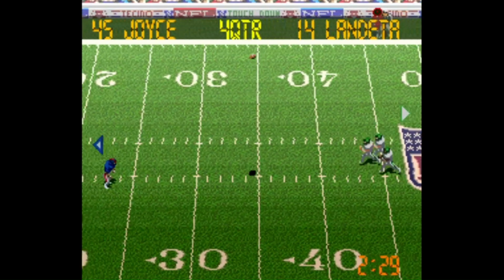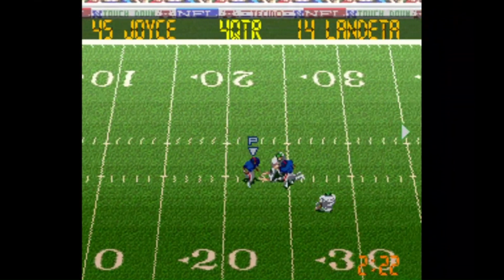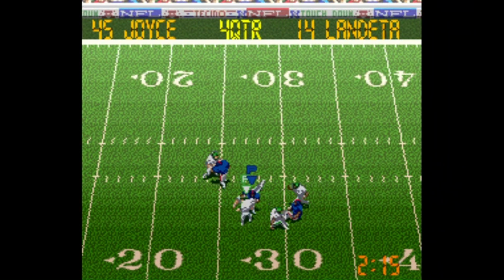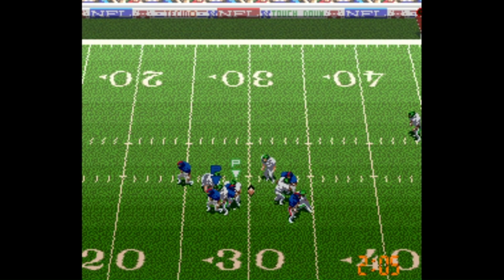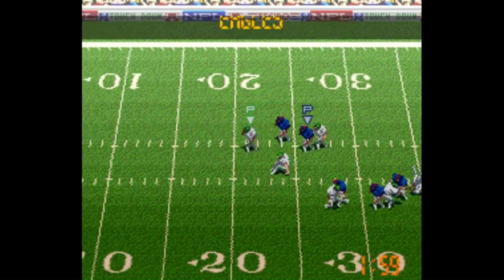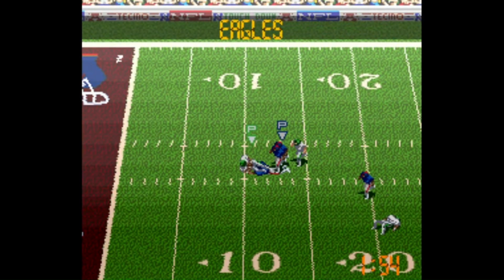Delvin Joyce had a good game to this point. He's going to return this one from his own 17-yard line. He's fighting off some tacklers. He won't go down, but now the ball is out. He fought too hard. The Eagles will pick it up, and the special teams step up again.